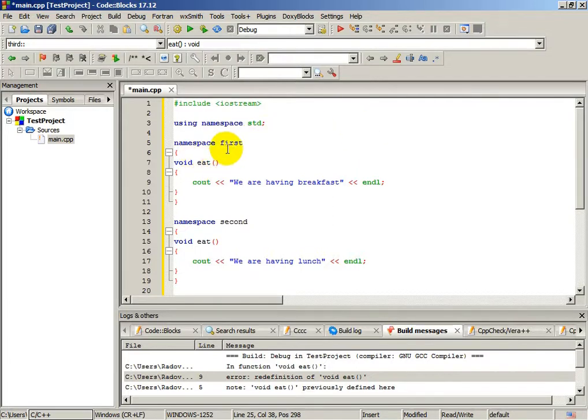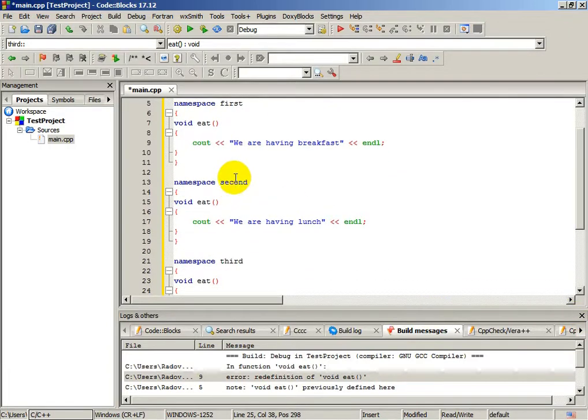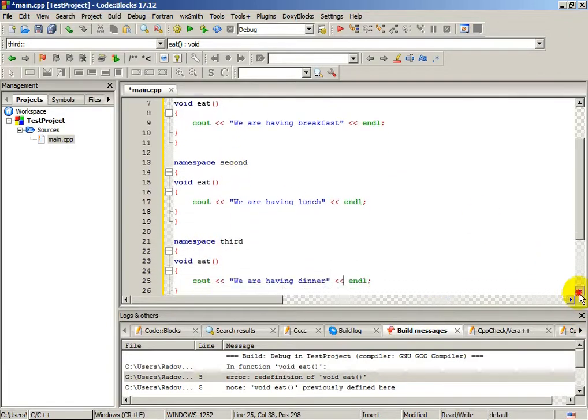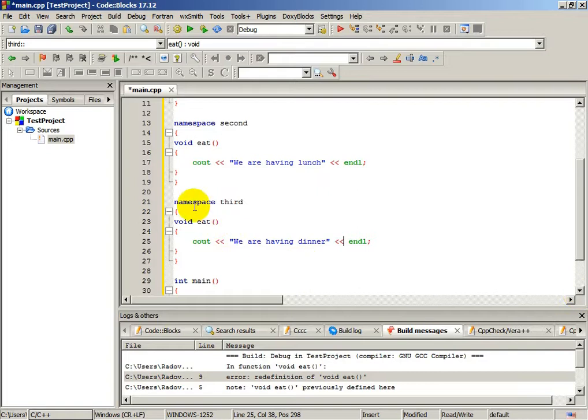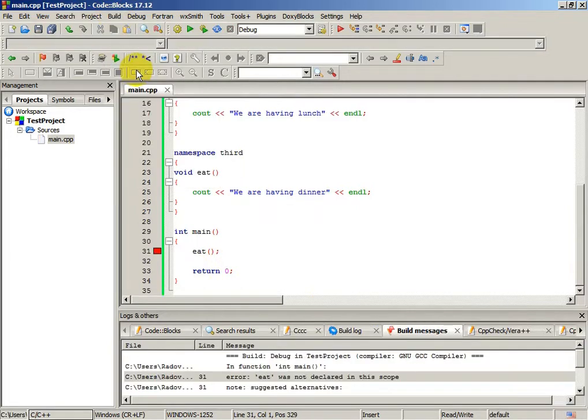Function eat in the first namespace, function eat in the second namespace, and function eat inside the third namespace. But again, if we run the program, we will have an error because